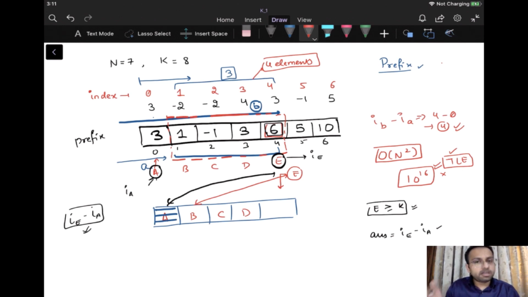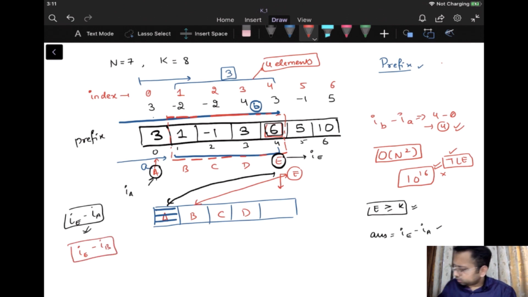Earlier there were 5 elements, now we are considering 4 elements. So the length of this particular range would be IE minus IB.